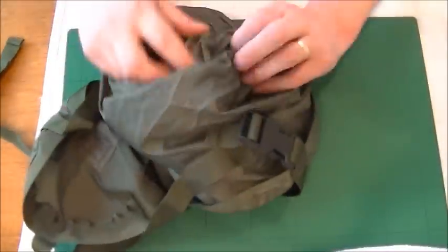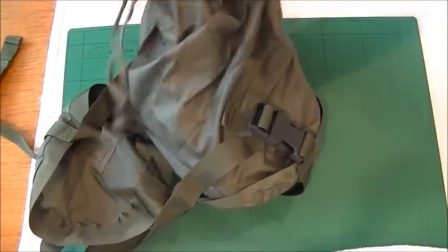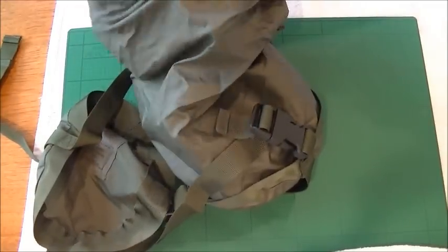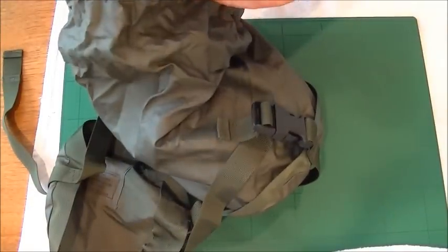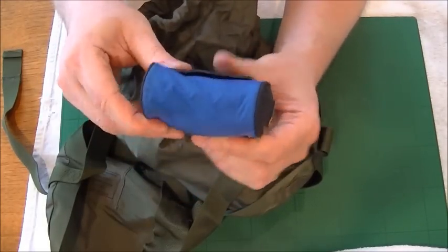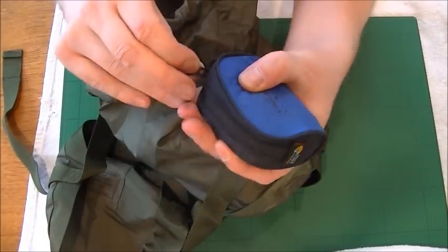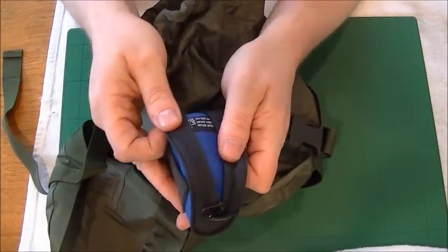Once we've got this open, you can see what's in there. Now, believe it or not, inside there is a towel. It's a pocket towel by Sea to Summit, as you can probably guess. It folds very, very small,